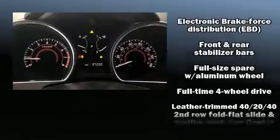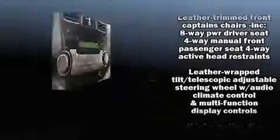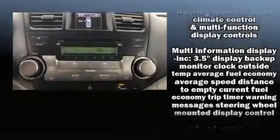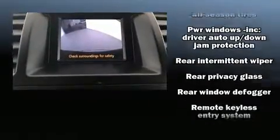In the event of a rollover collision, side curtain airbags provide additional protection for outboard seated passengers. It also arrives with a Carfax history report, providing you peace of mind with